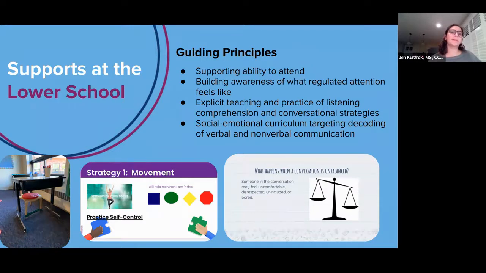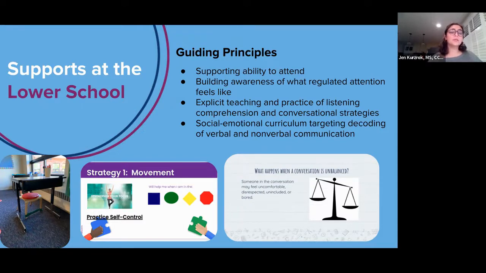And then there's also some individual strategies. So many of our students benefit from brain breaks. We do some explicit teaching of different ways to take brain breaks, what that might look like, how to recognize when you need one, how to take one productively, and then very importantly, how to come back from a brain break and rejoin the class. Many of our students will use modified seating like a wobble cushion or a wobble stool. We'll use a fidget, might have a secret silent signal with a teacher for when they need a break or when they need to sort of key back into what's happening in the lesson.